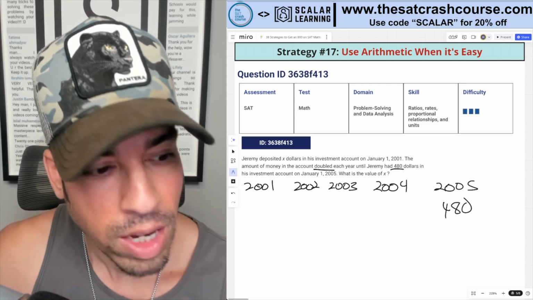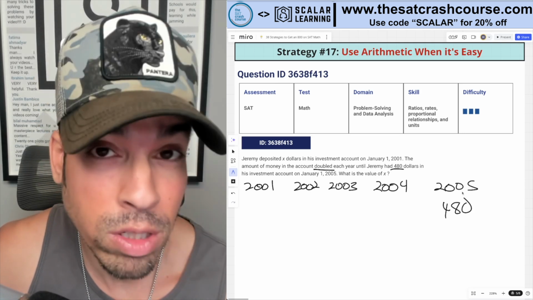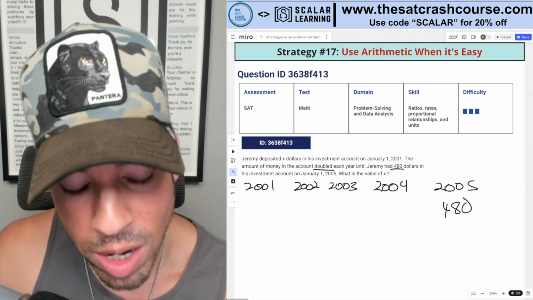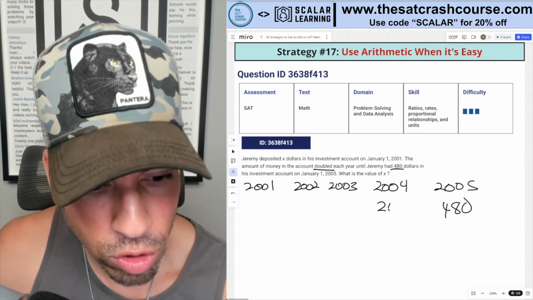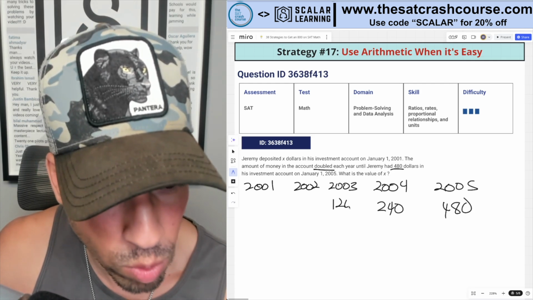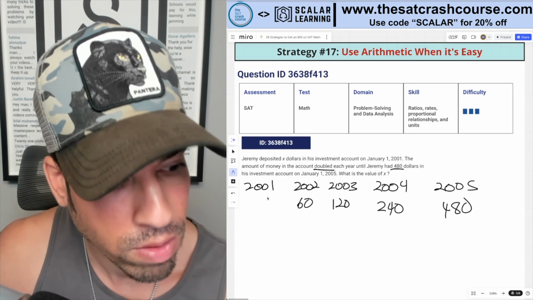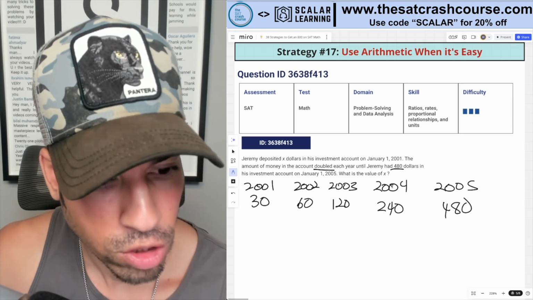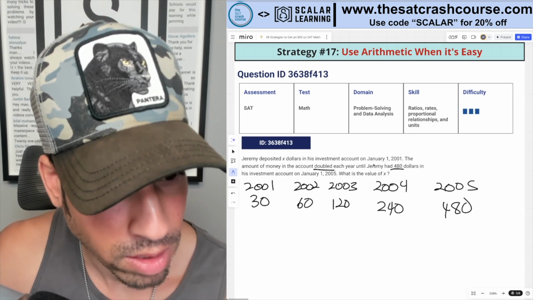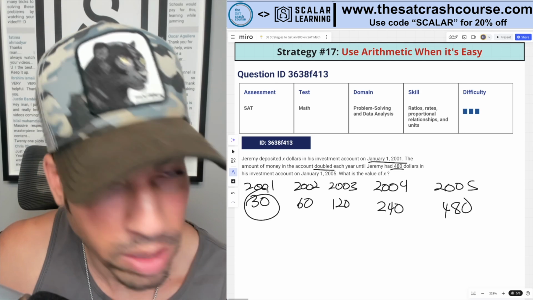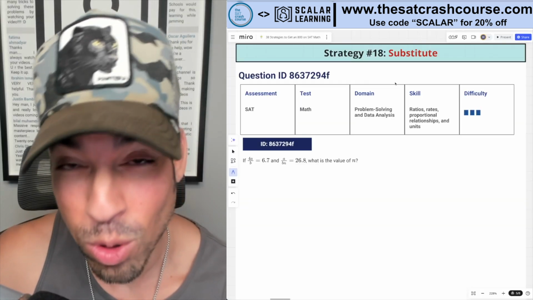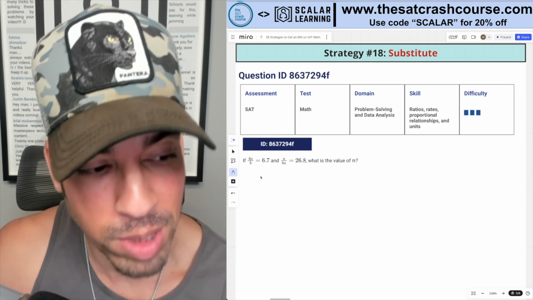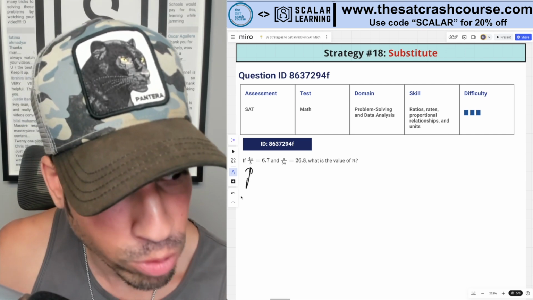So check this out. If it's doubling going forward, what is it doing going backwards? It's halving, right? So watch this. I can just rewind the clock. 480 divided by 2 is 240. Divided by 2 is 120. Divided by 2 is 60. Divided by 2 is 30. And so X is what we got here, which means 30 is the winner. Done. Strategy number 18, substitute, good old-fashioned substitution,